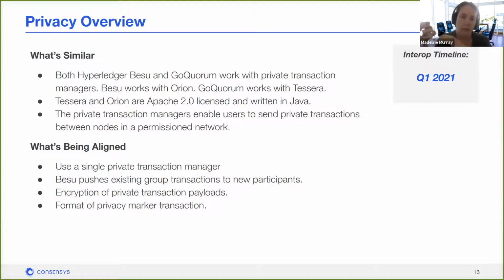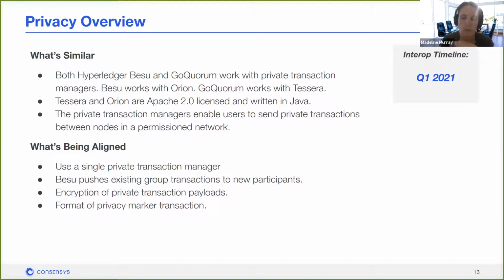So Besu uses a very similar construct, but instead to trigger the private transaction retrieval and execution, Besu uses a privacy pre-compiled contract. The privacy marker transaction is addressed to the privacy pre-compile, and that's what triggers Hyperledger Besu to retrieve the private transaction, and it then can execute it in the private state. Precompiles are part of the core Ethereum protocol, and Besu simply adds an additional precompile to implement this